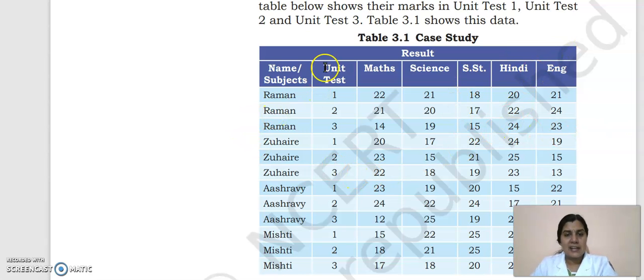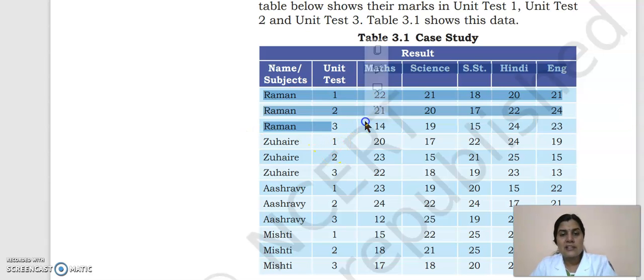So in table 3.1, this is an example in which 3 unit tests are there and 5 subjects are there. They are Math, Science, SST, Hindi and English. And each student's 3 unit test marks are recorded. That means, for example, Raman's unit test 1 marks, unit test 2 marks and unit test 3 marks.